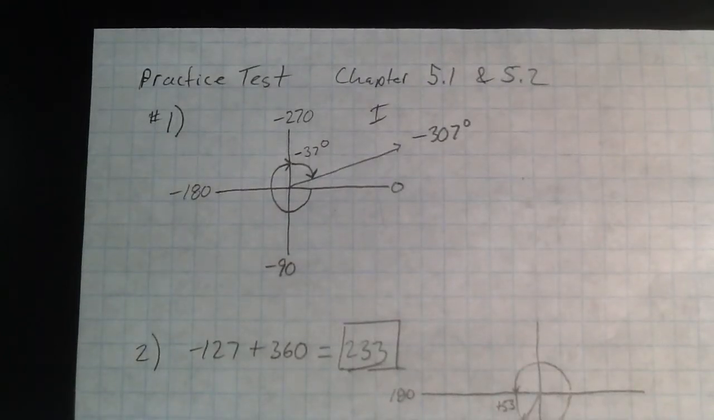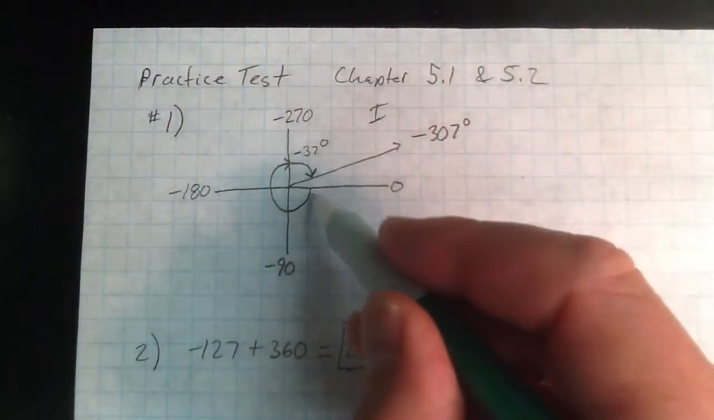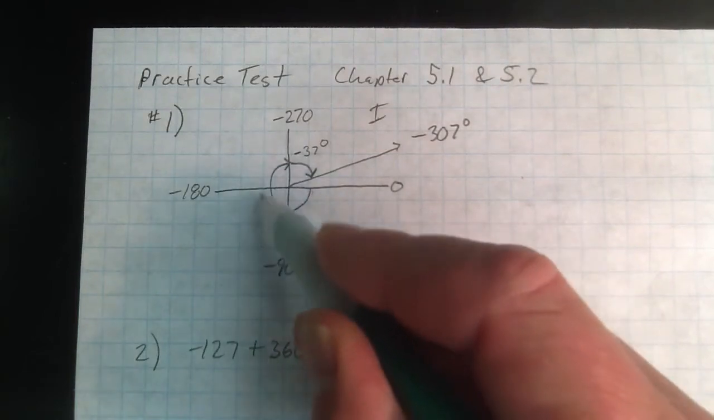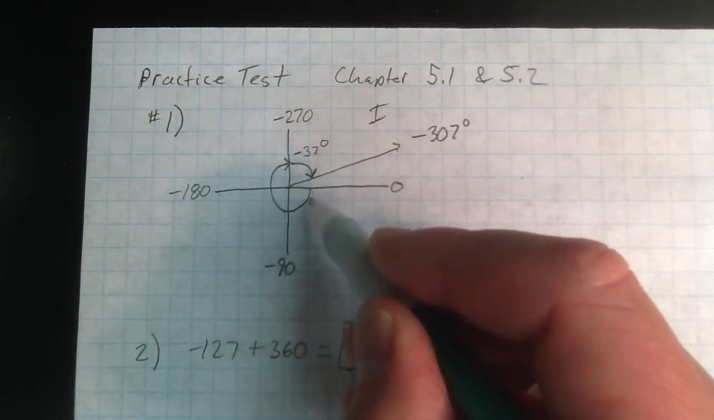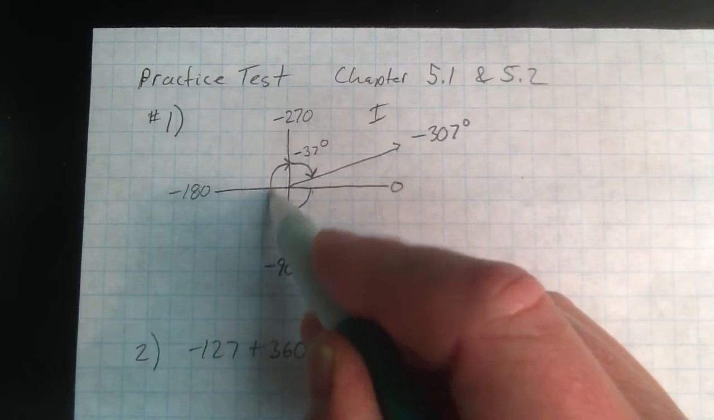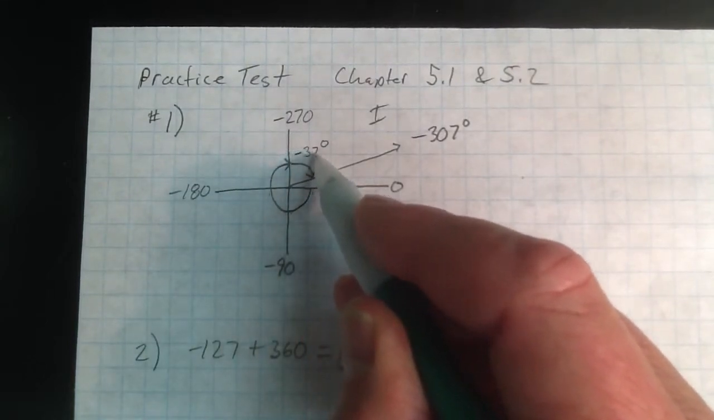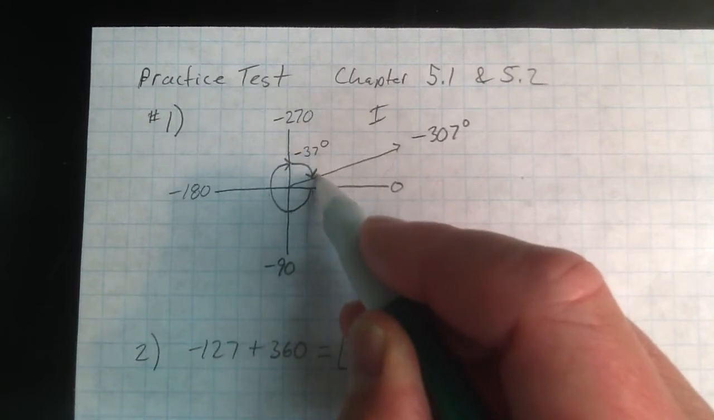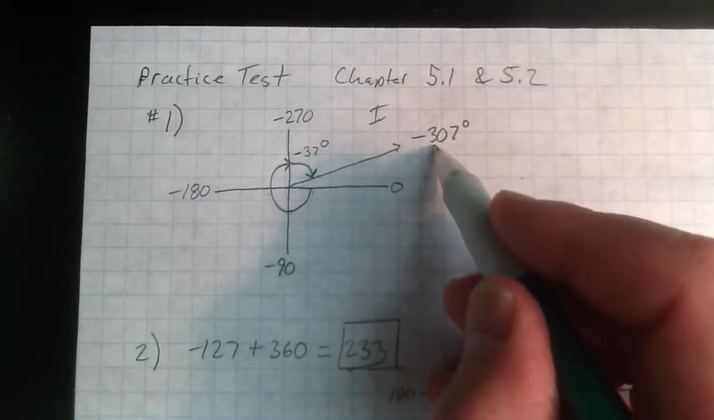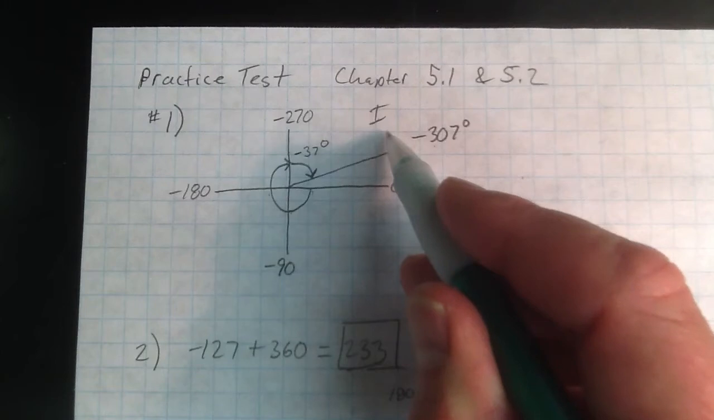Okay, this is our functions trig quiz review, chapter 5.1 and 5.2. Let's look at problem number 1. It asks, what quadrant is 307 degrees in? Well, remember, negative is in the clockwise direction. There's negative 90, negative 180, negative 270. And then from negative 270, let me go another 37 degrees, and boom, there I am, negative 307 degrees, definitely